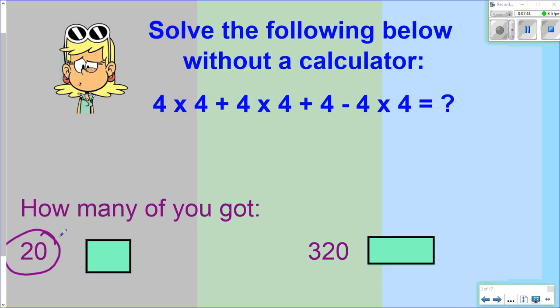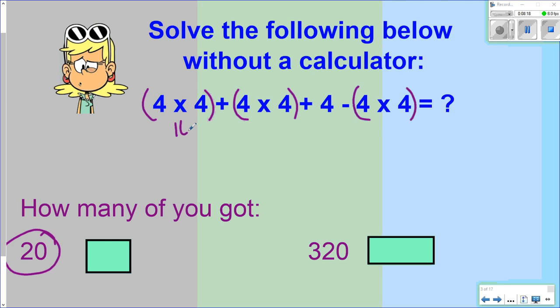So why 20? If we look at this, we notice there's a combination of pluses and multiplying and minus. But when it comes to calculating numbers with different operations, there's an order, and that order we have to follow. So with this, if I were to put parentheses around all the ones that are being multiplied and work with those first,